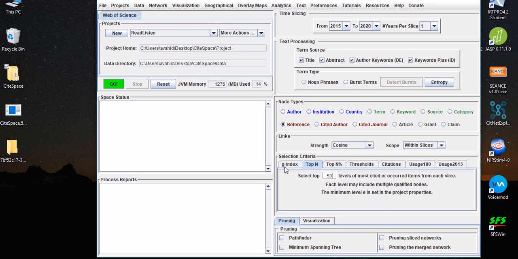Research shows that G-index returns a more reliable and more precise kind of network than top N. For example, keying in 50, which is the default here, you can select the top 50 levels of most cited or occurred items from each slice. So each slice will only include the 50 top most cited papers. You can actually increase this if you need a larger